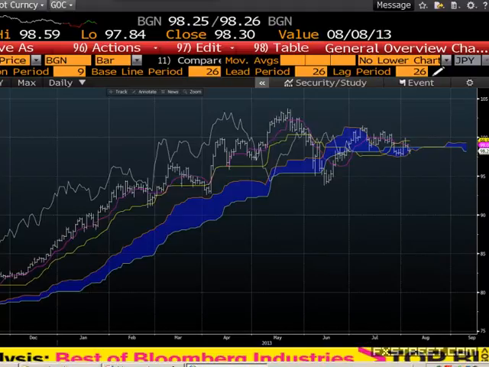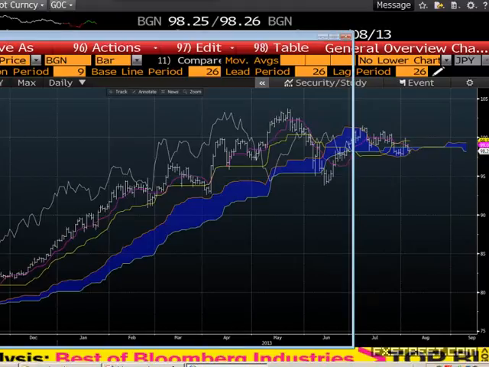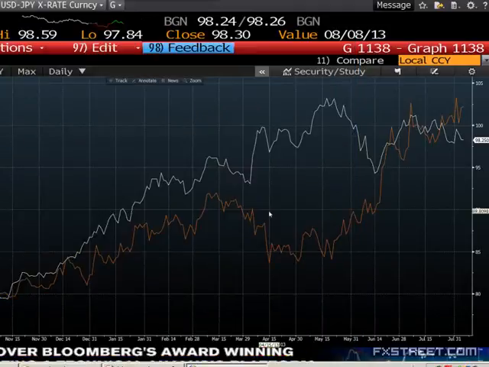Let me just make this chart a bit smaller. As you can see here, this divergence is a bit of a warning sign. Some of you will rightly say it hasn't held for that long, but historically it does hold. We think that April and May were unusual circumstances. So in this environment, we could potentially see dollar yen follow the bond yield spread higher, and for this level to hold.